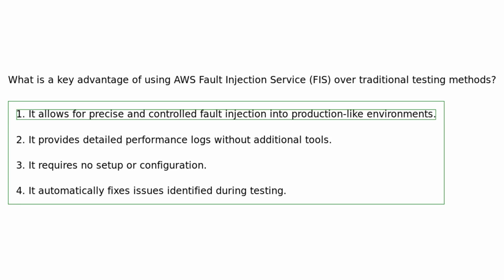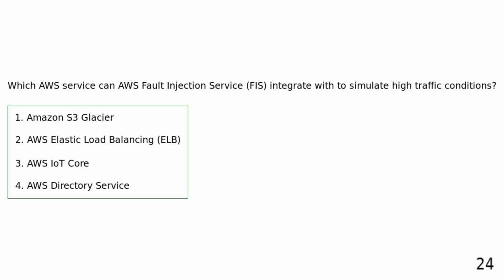AWS Fault Injection Service allows precise and controlled fault injection into production-like environments, helping identify and fix issues proactively. Which AWS service can AWS Fault Injection Service integrate with to simulate high traffic conditions? Amazon S3 Glacier, AWS Elastic Load Balancing, AWS IoT Core, AWS Directory Service. AWS Fault Injection Service can integrate with AWS Elastic Load Balancing to simulate high traffic conditions and test load balancing